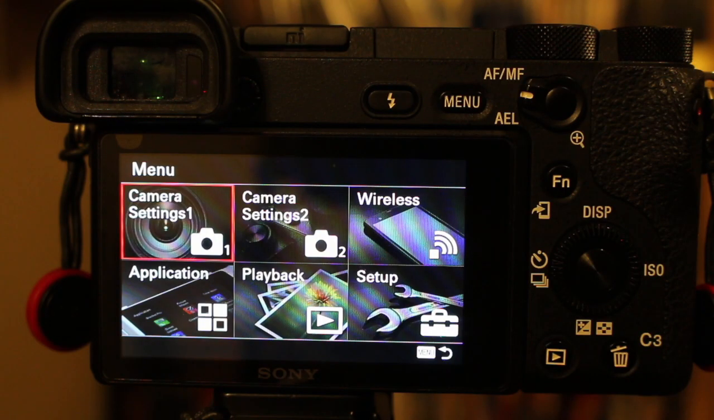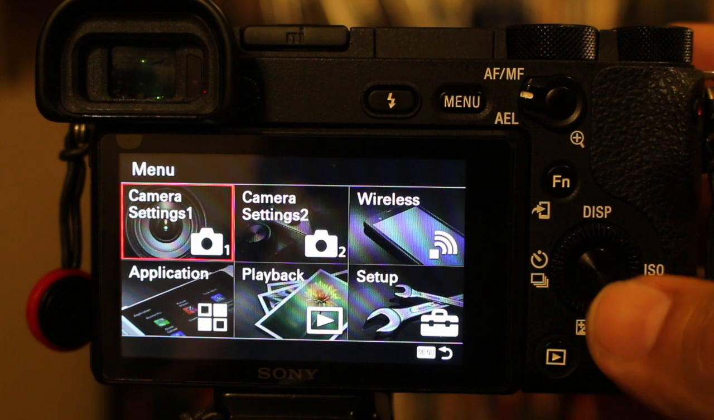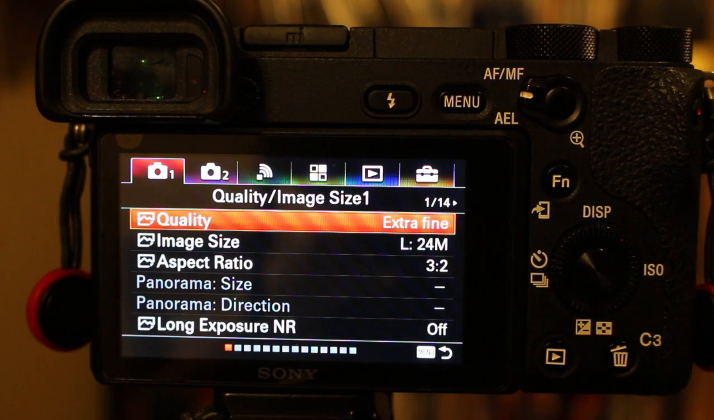Okay, so let's jump into the menu of the Sony A6500. And first we'll go into camera settings number 1. And the first setting you see up there is extra fine. And that's extra fine in JPEG. And the reason I set it for that is because not all the features in this camera can be used in RAW, because